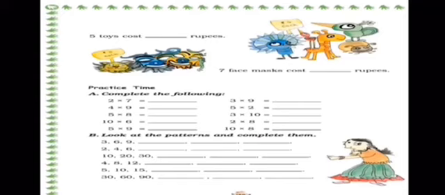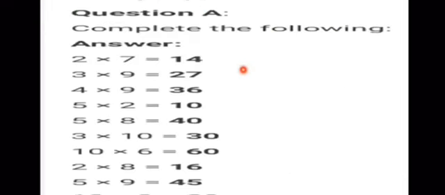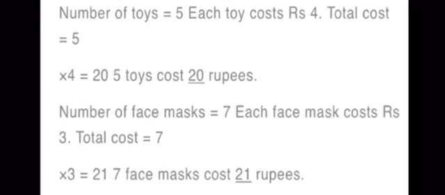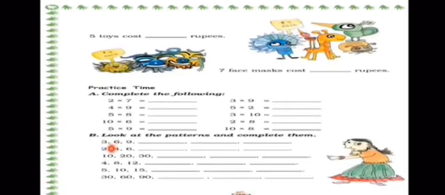So now let's check our answer. So if you know your tables thoroughly, you will be able to do this quickly. Now, look at the patterns and complete them. Now over here, you can see 3, 6, 9. This is the table of 3. 3 1s are 3, 3 2s are 6, 3 3s are 9. So what number will come after 9? 3 4s are 12, 3 5s are 15, 3 6s are 18. Similarly over here, 2 1s are 2, 2 2s are 4, 2 3s are 6, 2 4s are 8,